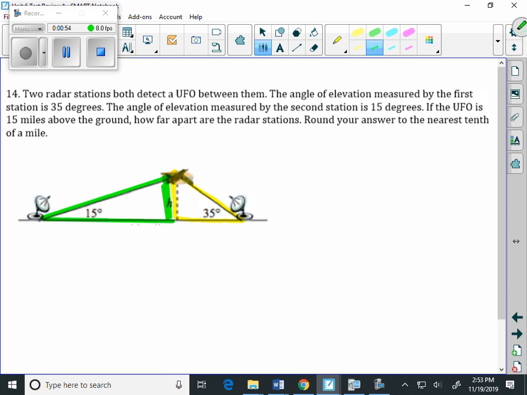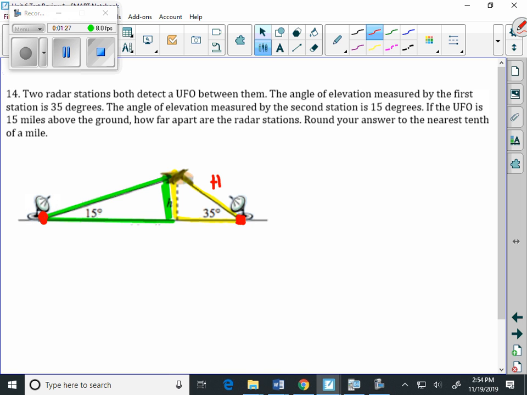And then if we go back and look at the entire question here, it says, how far apart are the radar stations? Well, here's one radar station, and here's the other radar station, so eventually we're going to be finding that distance. But we've got the triangles broken up now into two, and the nice part is that they share some common parts. But if we start with the yellow triangle, since we did that one first,